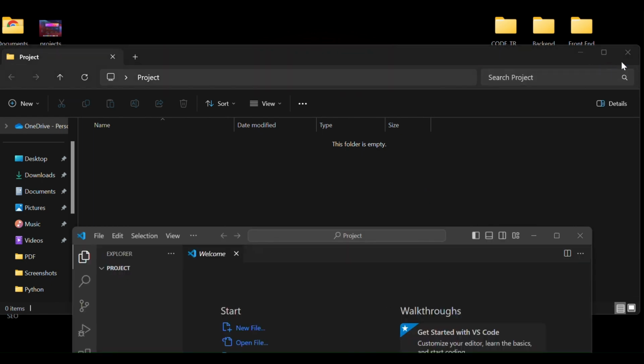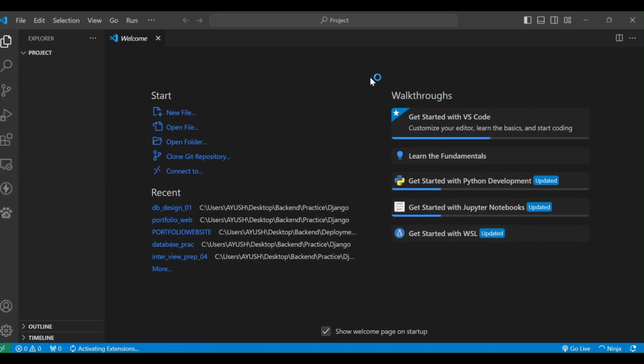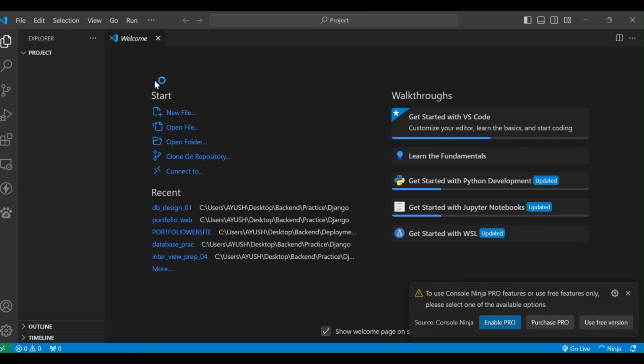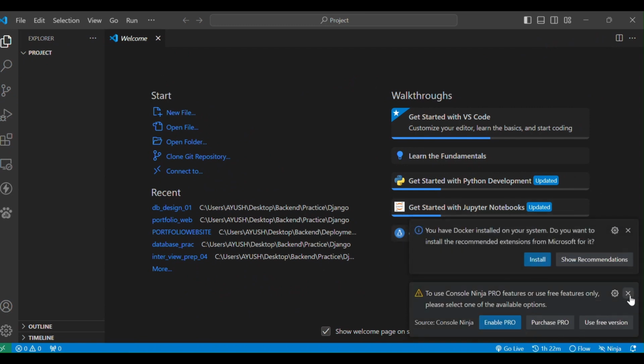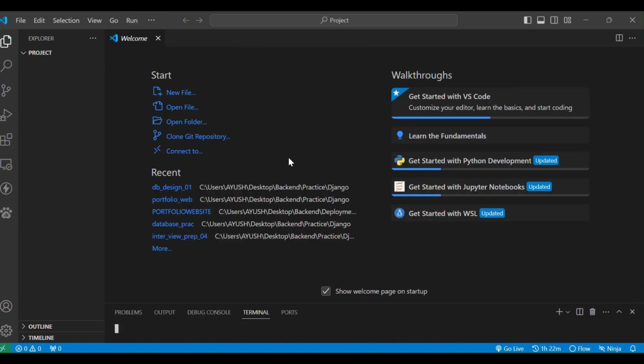Currently I'm using VS Code for this project. You can use whatever code editor you like, such as Visual Studio Code or another. Let me create it. Okay, so first simply go to the terminal